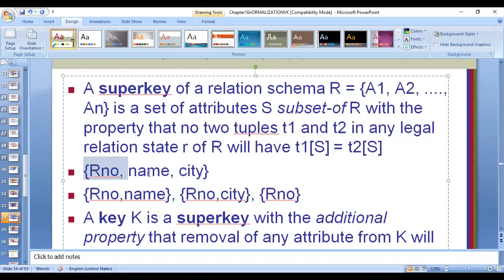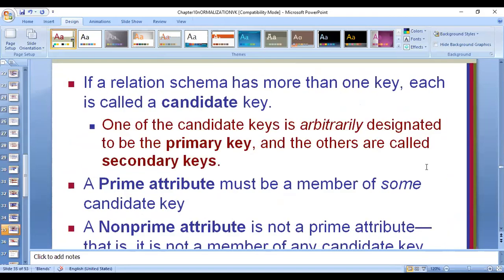Yesterday we saw Asha, two girls who may stay in the same city. In that case, we will not have any value which will uniquely identify which Asha. So only roll number will be able to discriminate between those two, because no two roll numbers are the same for two different students. So this is how roll number becomes the minimal super key, and hence it is called a key. So there is only one key among these four, whereas all these four can be considered super keys. This was just a revision of what we covered in the SQL chapter.